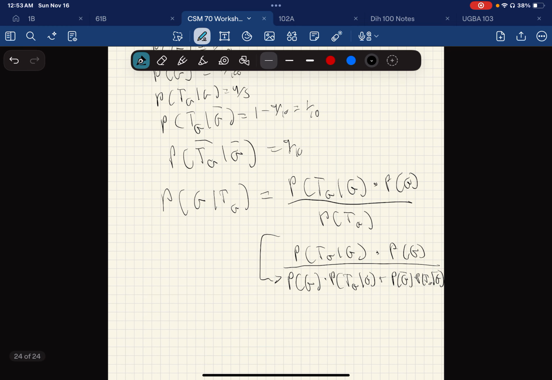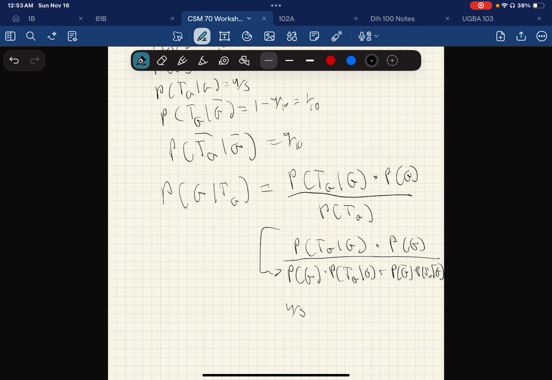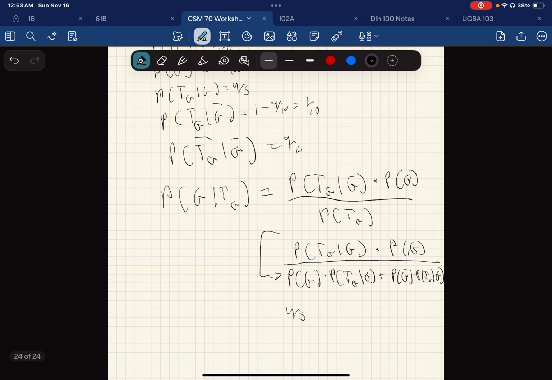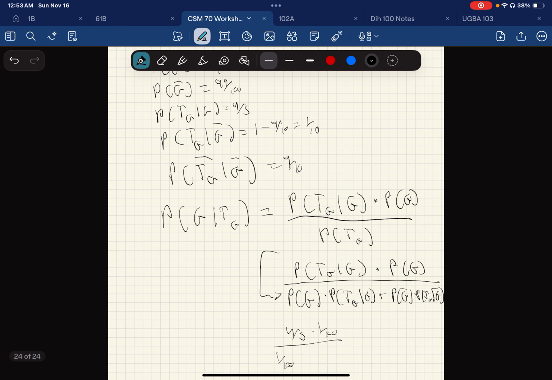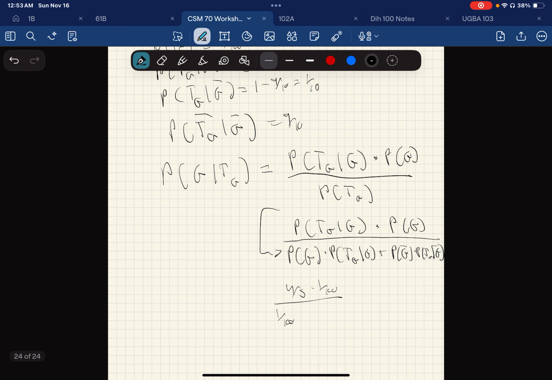The probability of the test reading guilty when they're guilty is 4/5. The probability that they're guilty is 1 in 100. Here, the probability of guilty is 1 in 100. The test reading guilty and they're guilty, by Bayes' rule, is the same thing as the numerator, 4/5. The probability that they're not guilty is 99 over 100. And the probability that the test reads guilty and they're not guilty, as we found above, is 1 in